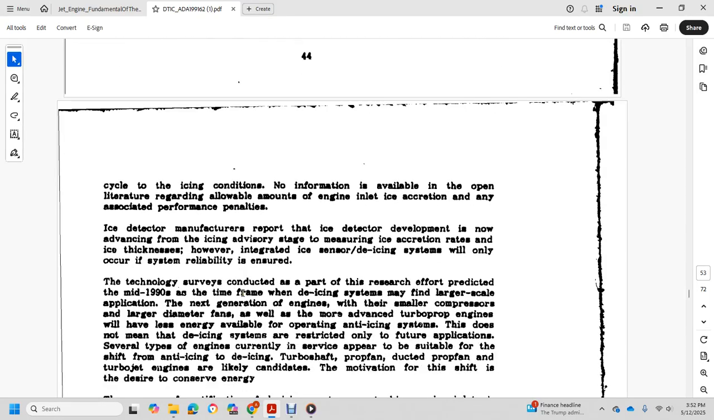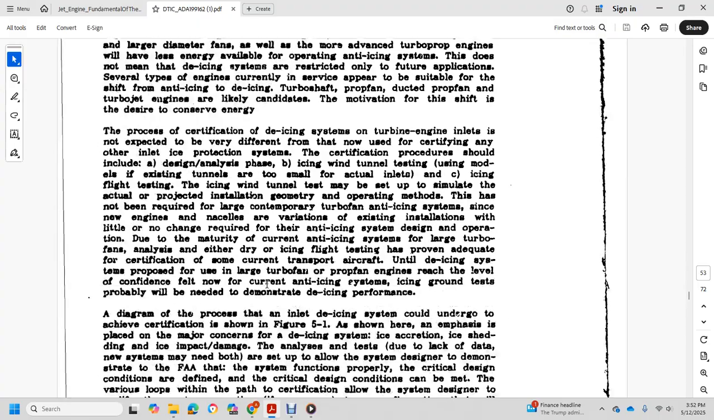According to manufacturer reports, ice detector development is now advancing to the icing advisory stage, measuring ice accretion rate and ice thickness. However, integrated sensor de-icing systems will only occur if reliability is ensured. The technology surveys conducted